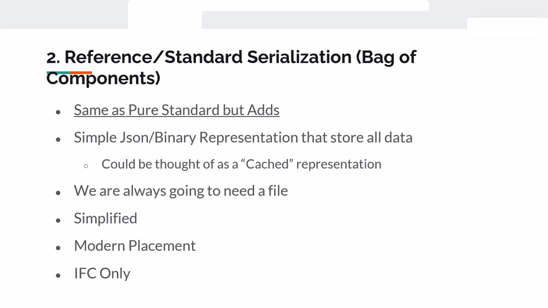But doing it this way, you could say, well, that's the default representation. And if you need to represent it in a database or something like that, as long as you get back to this, that's potentially a solution, we could say, right? IFC is not a representation. It's a default representation. As long as you can get back to it, you're talking about IFC data. There's nuance in there.